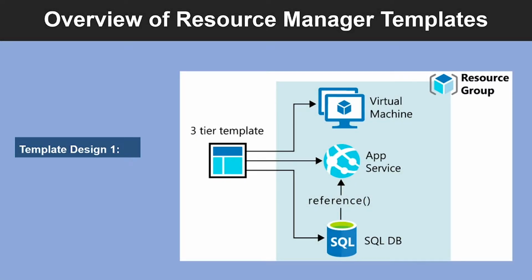Let us start with understanding what Resource Manager templates are. An Azure Resource Manager template precisely defines all the Resource Manager resources in a deployment. You can deploy a Resource Manager template into a resource group as a single operation. A Resource Manager template is a JSON file, making it a form of declarative automation. Declarative automation means that you define what resources you need, but not how to create them. You can think of declarative automation similar to how web browsers display HTML files.